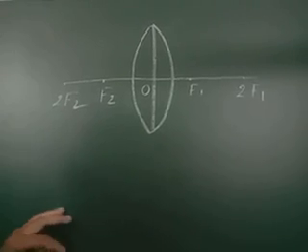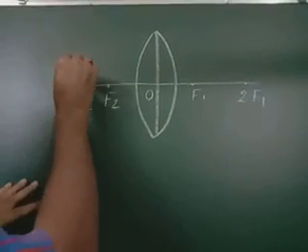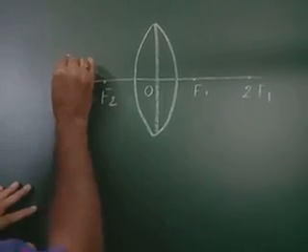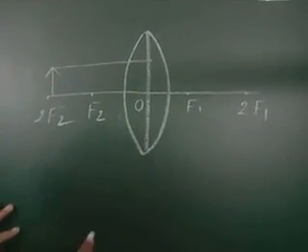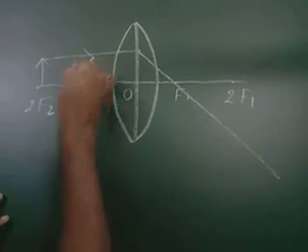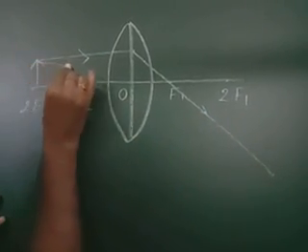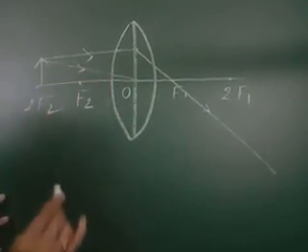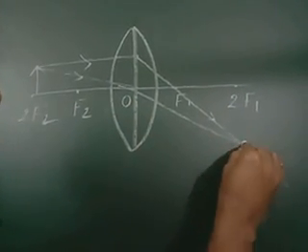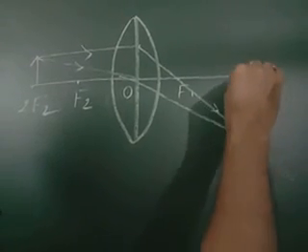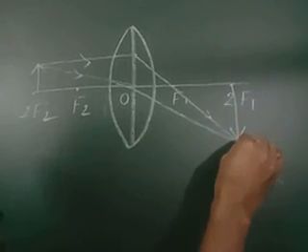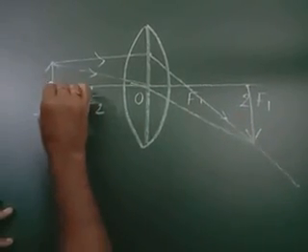Now let us start the first ray diagram when the object is at 2f. This is the object I have placed at 2f. One ray will be parallel to the principal axis. After refraction, it will pass through the principal focus. Second ray will pass through the optical center. As you know, if the ray passes through the optical center, it will move without changing direction. Where both the refracted rays meet, from here if we draw, then that is the size of the image. Then you see the size of the object.